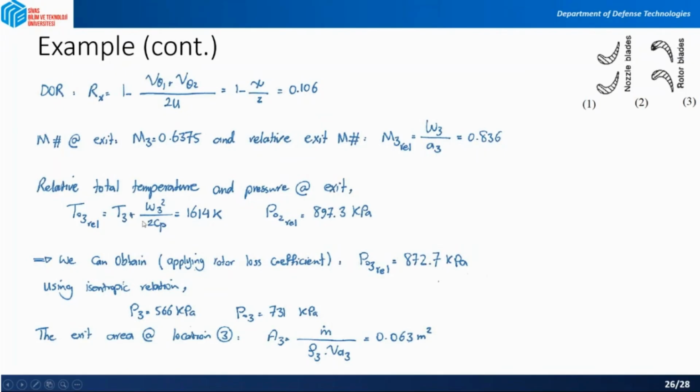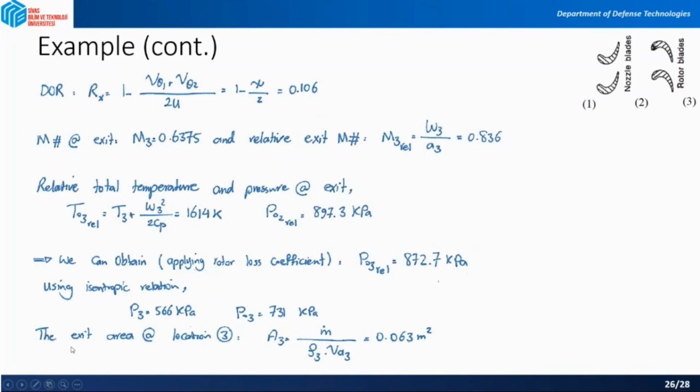And also you can calculate the relative total temperature and pressure at exit using the isentropic relations, and you can obtain P03, the relative pressure at the exit, if you apply the rotor loss coefficient, which was 0.08 there, and then again you can calculate the static and total pressure there,